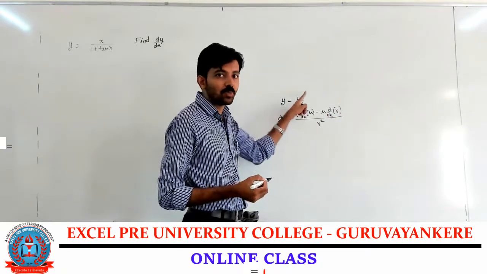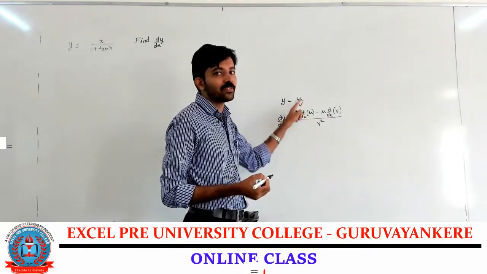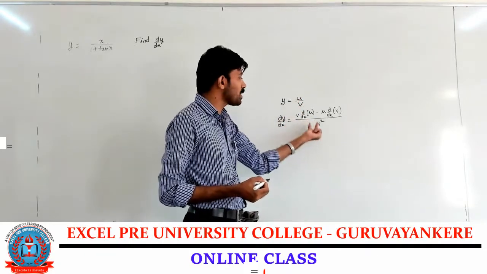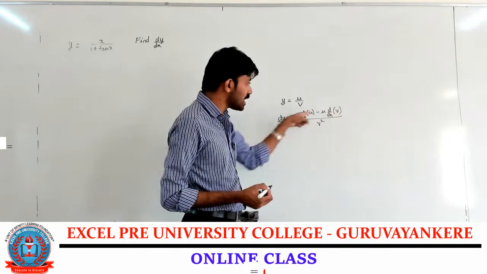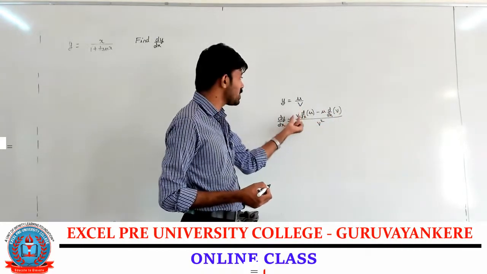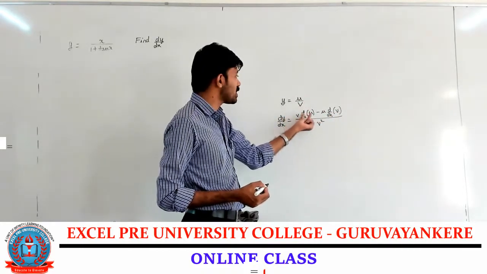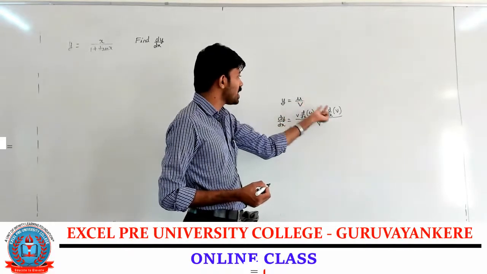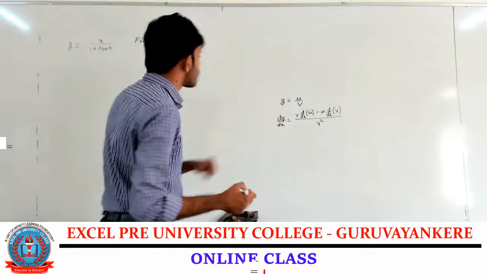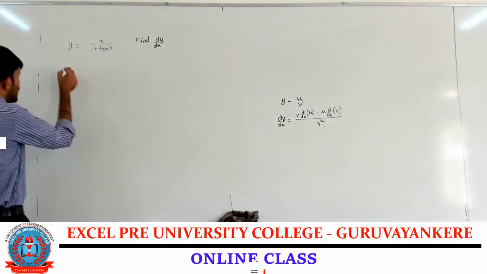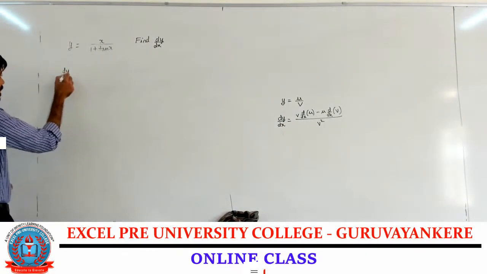U by v, numerator by denominator is there. To differentiate this, we do denominator square first. In the numerator, first write the denominator, differentiate the numerator minus numerator into differentiate the denominator. It's called as quotient rule. Correct? Apply it now. Dy by dx is equal to